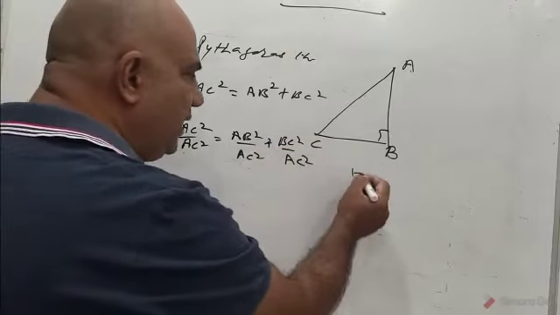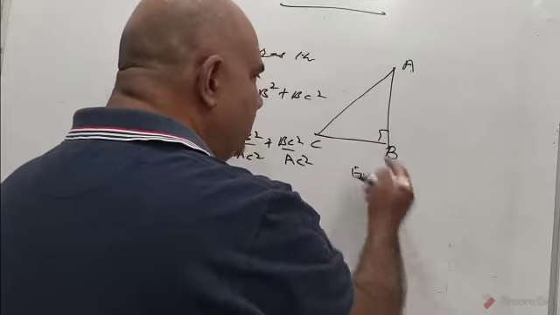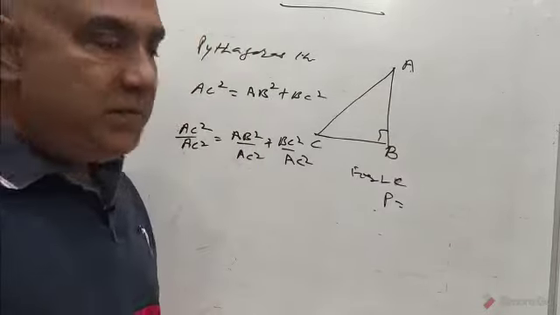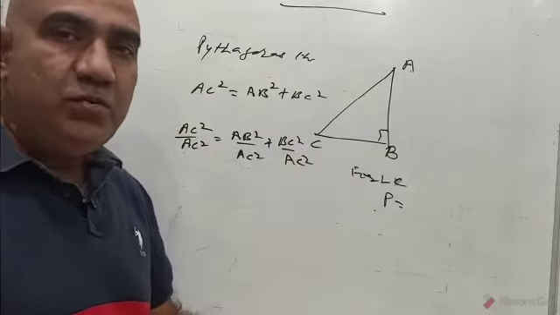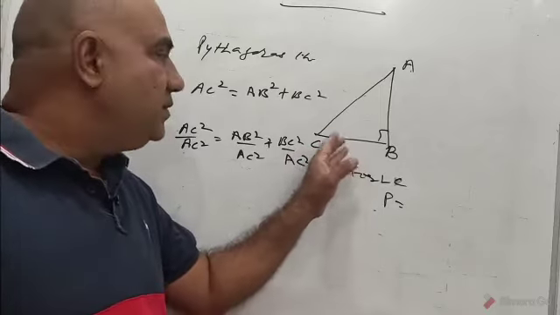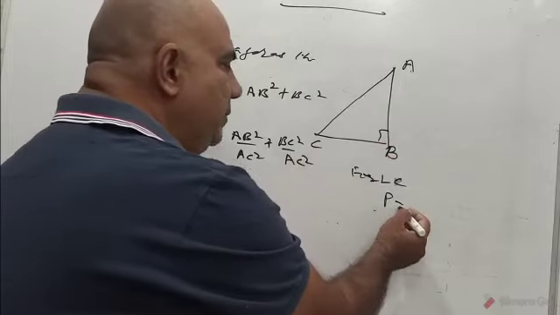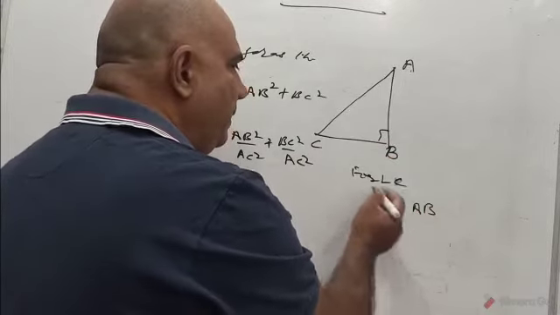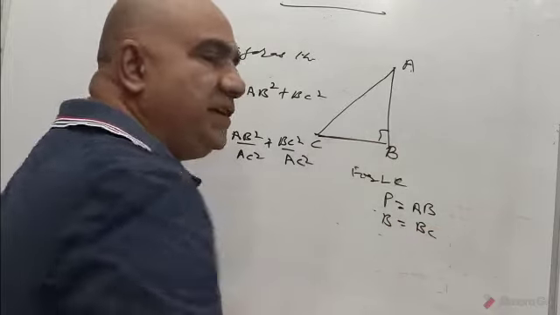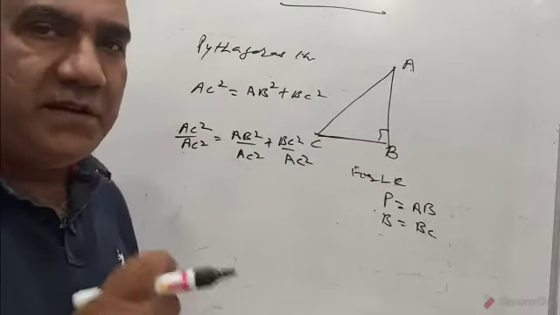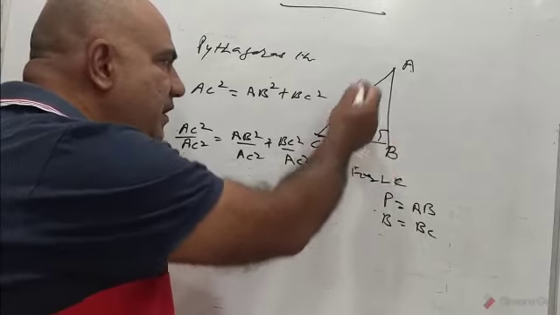Now for angle C, in the triangle ABC right angle at B, perpendicular for an acute angle is the side right opposite to the acute angle we are referring to. Here we are referring to C, so the side opposite to angle C is AB. Therefore, for angle C, perpendicular is AB and base is BC. Base is that side of a triangle on which the angle in question is made. Angle C is made between BC and AC.